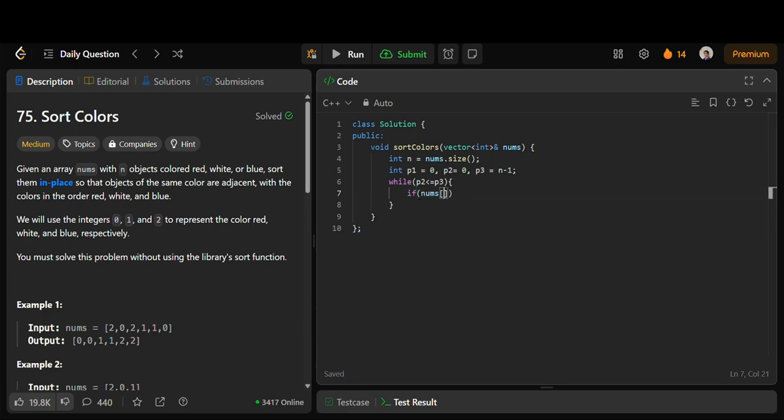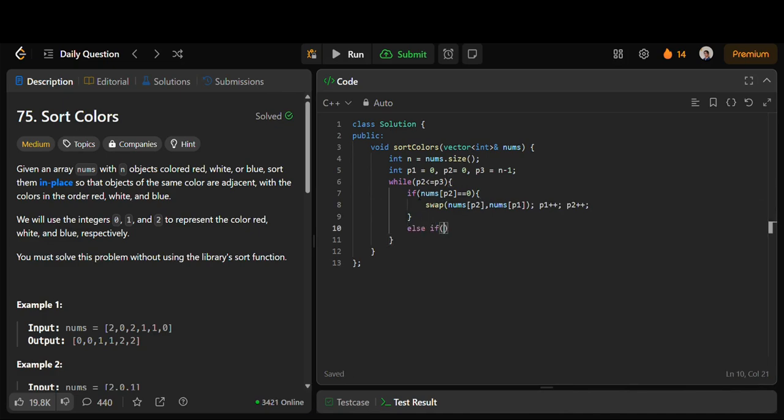nums of p2 is equal to 0, then we should swap nums p2 and nums p1, and definitely we should also increment both p1 and p2.